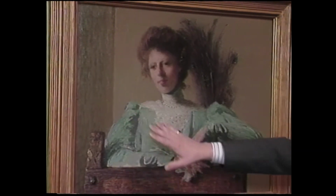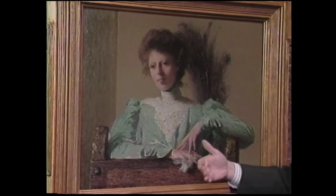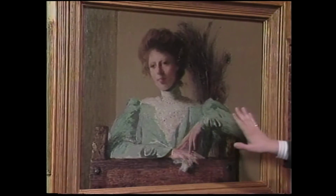So, but this is by J. Alden Weir. And this actually, like the frieze we just looked at, is a depiction of a beautiful, very sedate, serene woman. The colors are quiet. It's tonal. And what I mean by that is you don't have the predominance of many colors. What is predominant is just the sort of homogeneous, I don't want to use it negatively, but this sort of overall